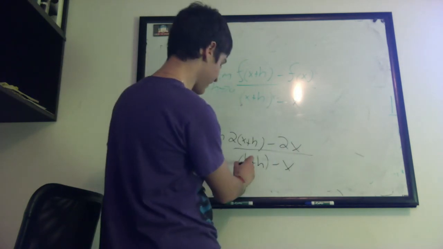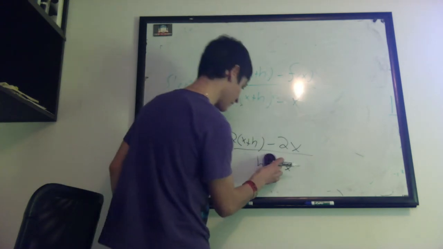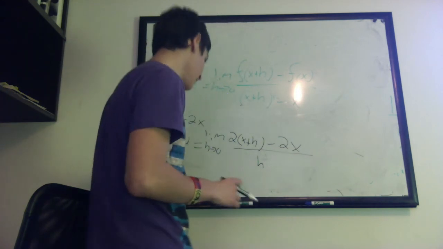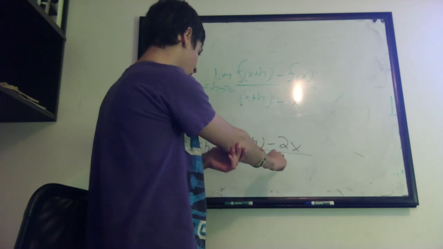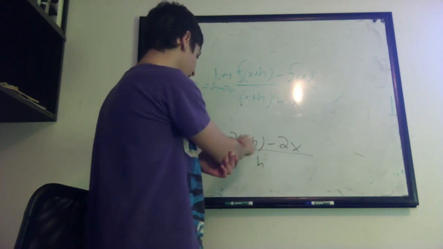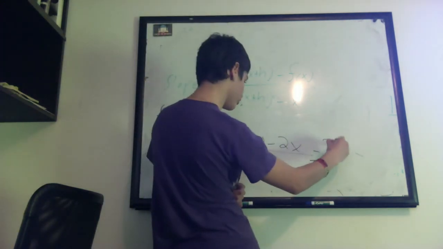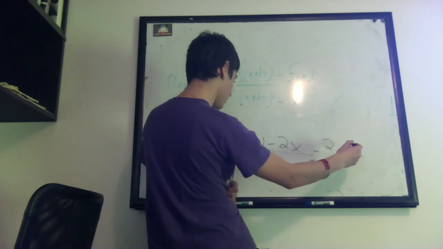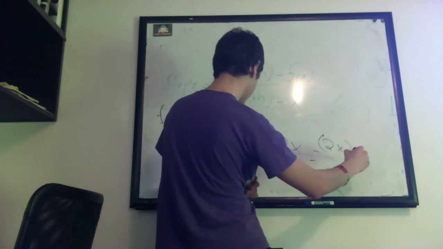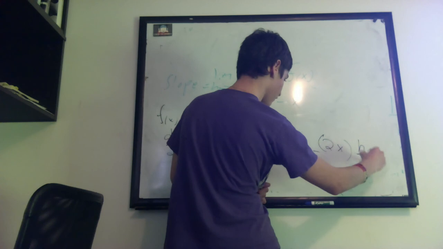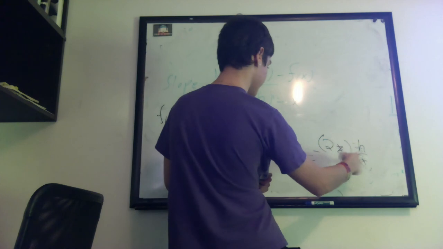Okay, so now you're saying we have a positive x and a negative x, those cancel out. So we just have an h on the bottom. Okay. And then we have a 2 times x plus h minus a 2 times x. So we can factor out the 2. So it's equal to 2 times x plus h minus x, over h. That's 2 times h over h. So that cancels out. And the derivative,